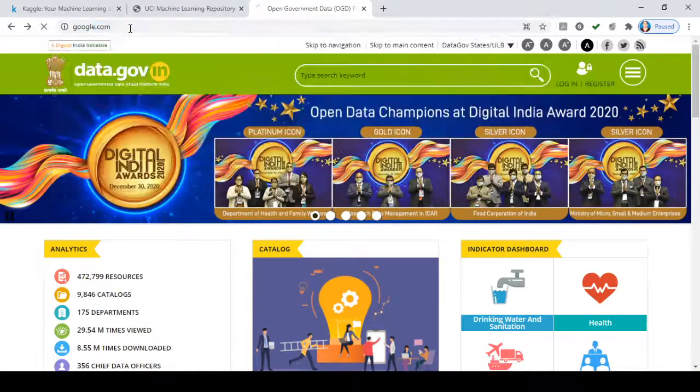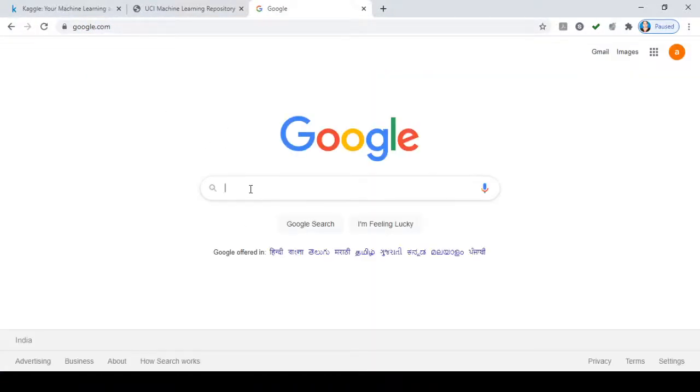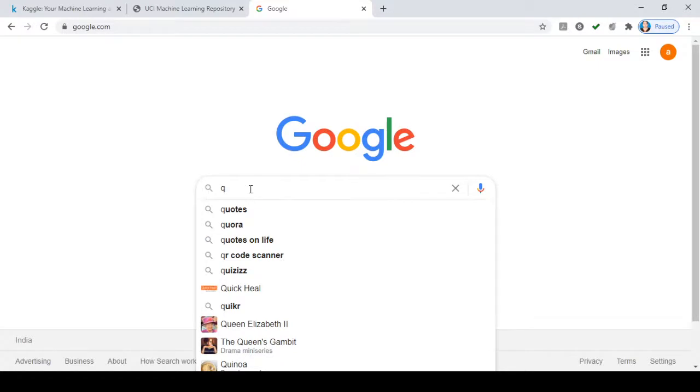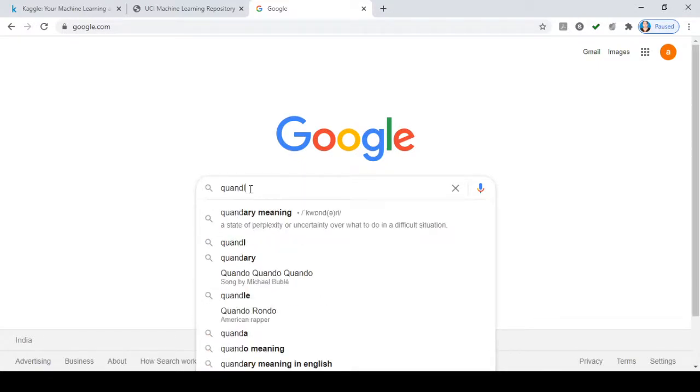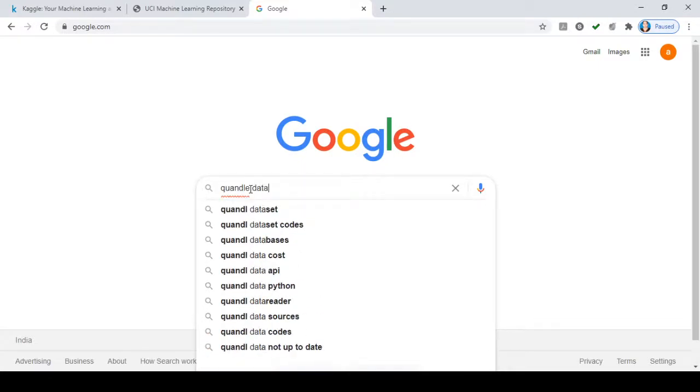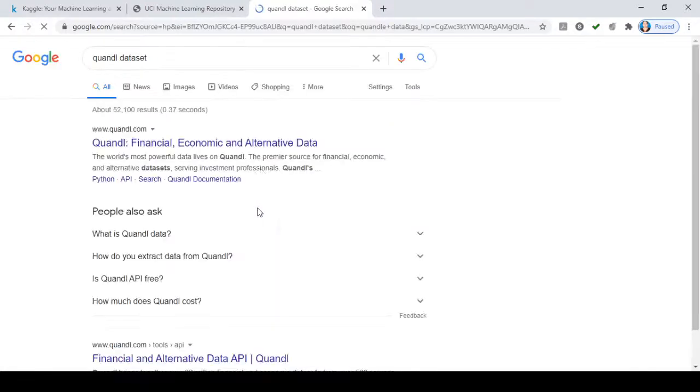Just go to Google and type Kaggle dataset. So here the first site is there. Again, this is the world's most popular data site. So if you want to go with any finance related data set, you can go with this site.